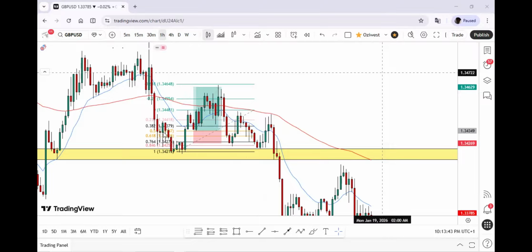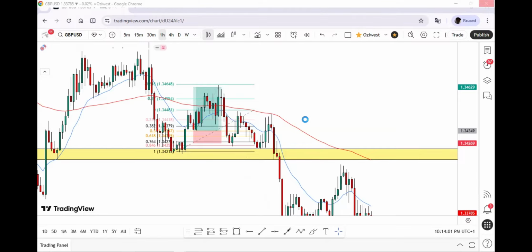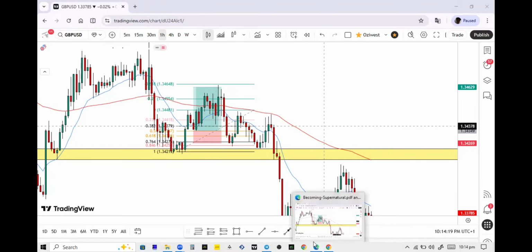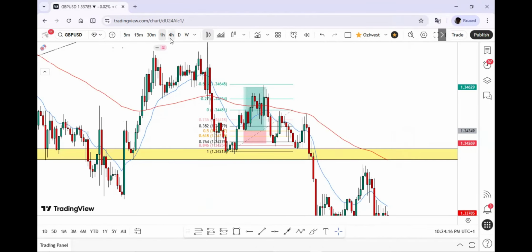In today's video, I'm going to be breaking down this GBP long position that we executed on that $10,000 account. Let me quickly close this. So when it comes to this particular trade,